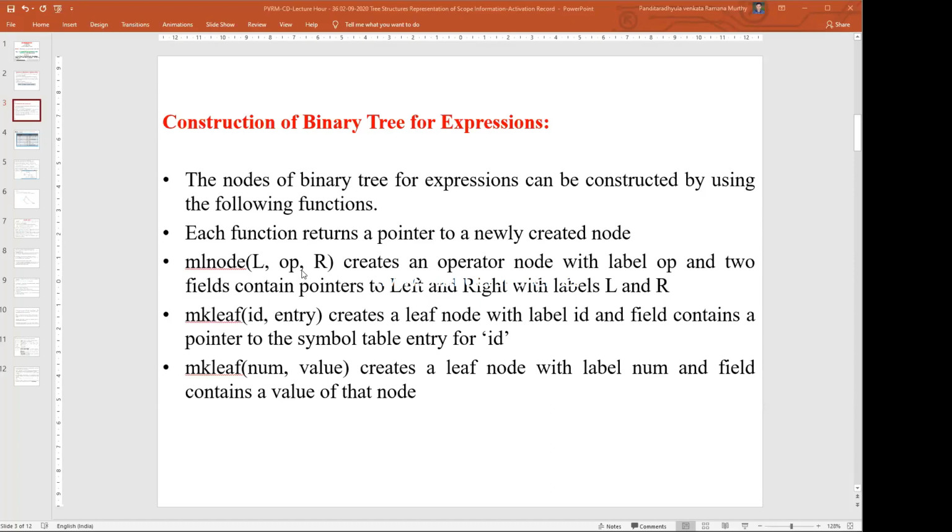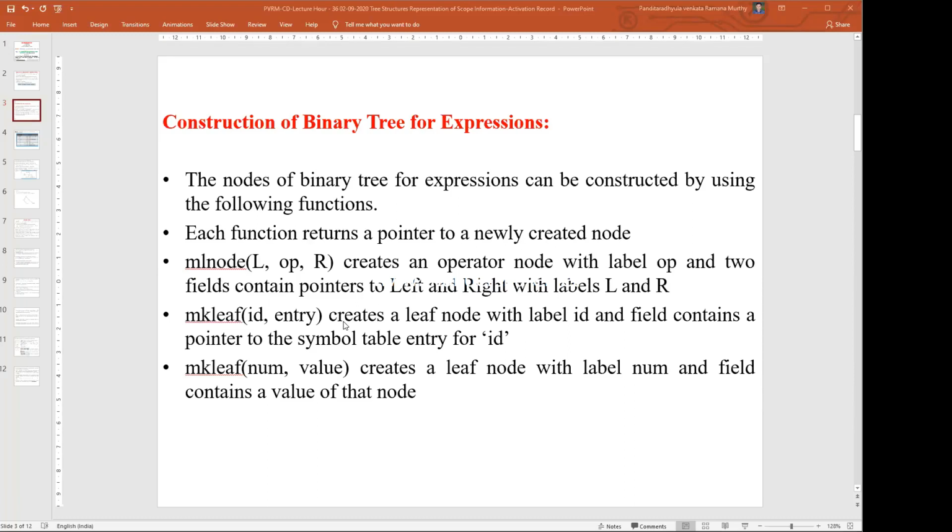So the node will be labeled with the operator, and two fields contain pointers to the left and right operands or further operators, with labels L and R. Whenever we are creating a node for an operand, the operand can be a variable name or a constant.